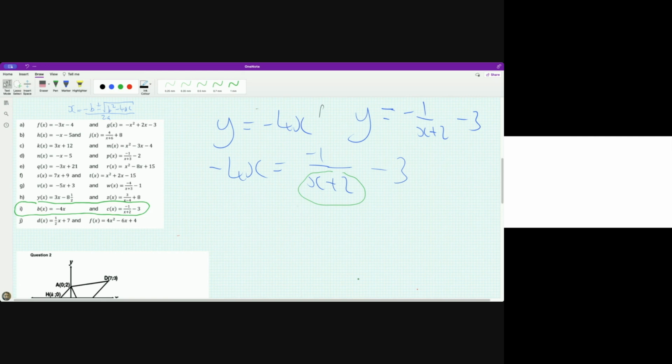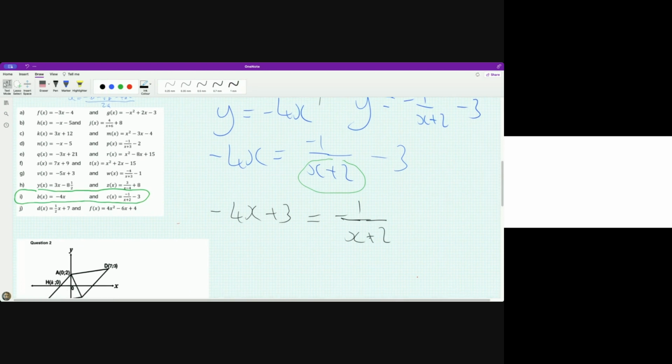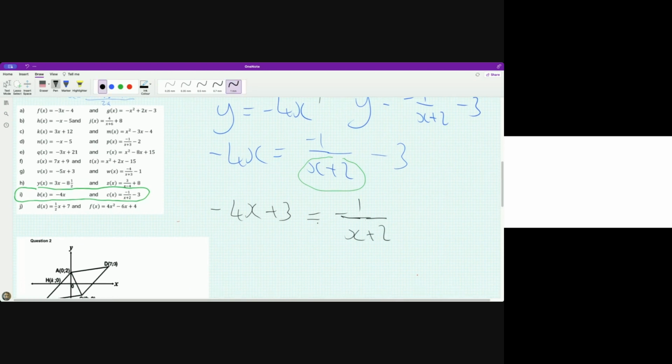Do we transpose the 3 first? That's a good idea. I think so, anyway, because it makes life less complicated if I do that. And then if I want to get rid of this, if it's divided on this side, I can now, but I need to remember this whole thing would then get multiplied by that whole thing, and then I'm left